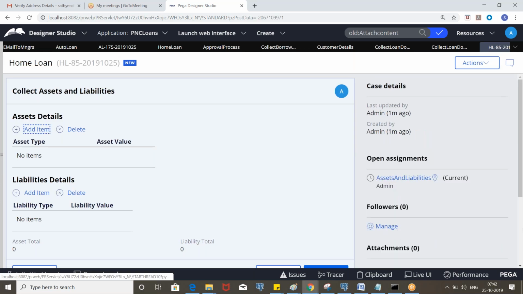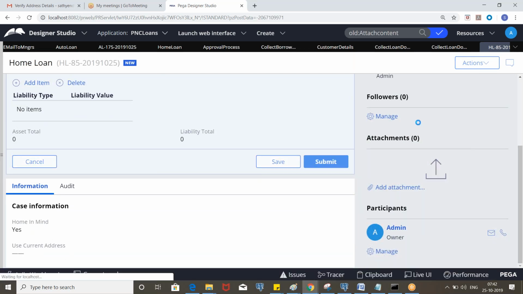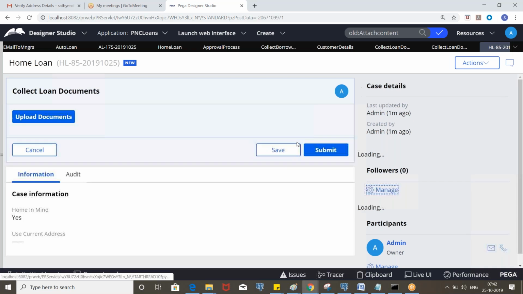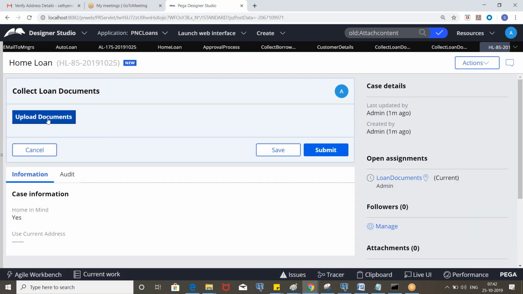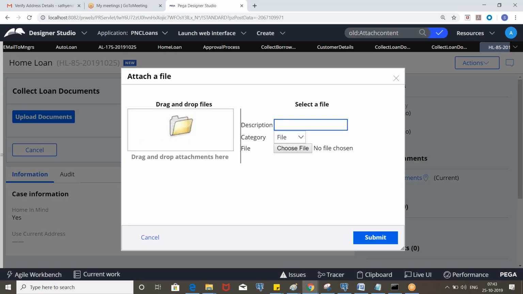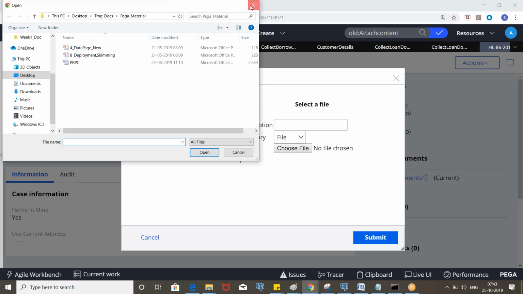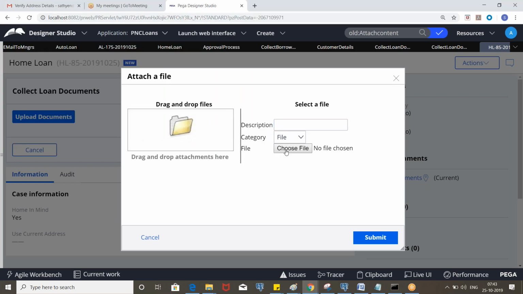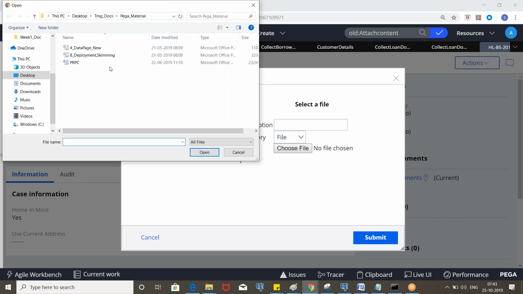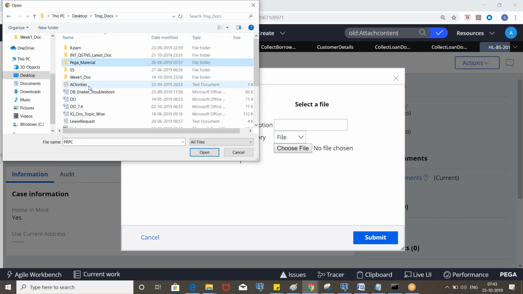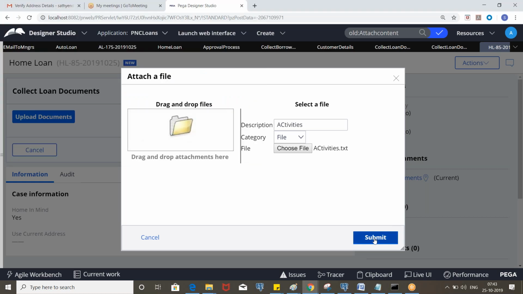Next we have assets and liabilities, then upload documents, right? So this is some format, we have something like attached content where we will see the model dialog. Okay, and you can choose the file. Let's say we can submit like this.